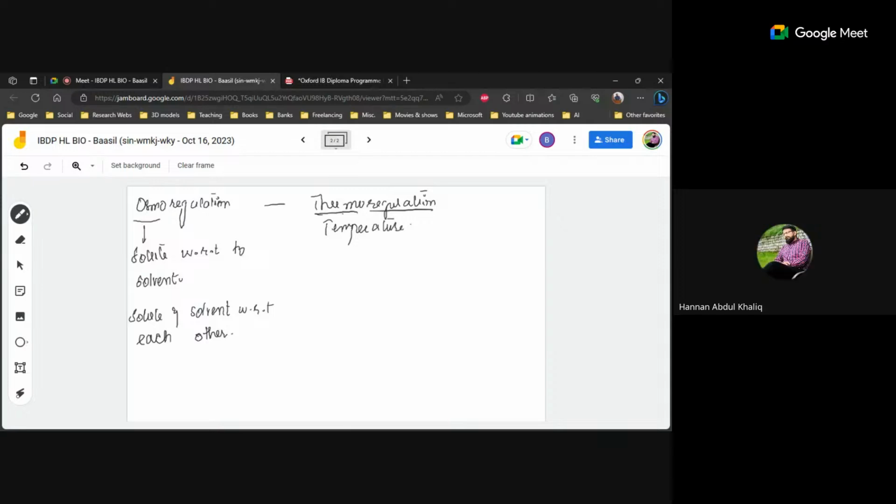And if the solutes increase a bit too much, your body would maintain it, and the solute may be removed from the body, or they would not be removed, but they would be kept away from the blood. I'll give you an example. But what's a solute first? A solute is a substance that can be dissolved by a solvent, we usually say. In biology, it's everything other than water. So you have a solute, you can say urea,